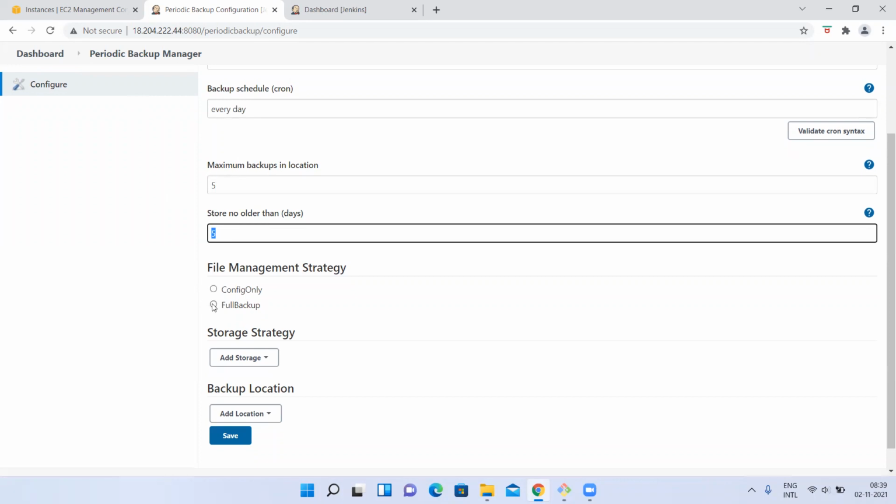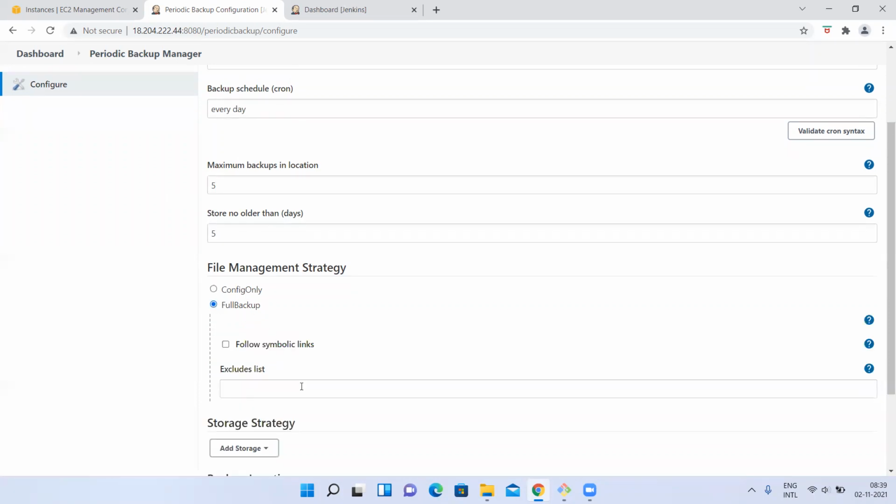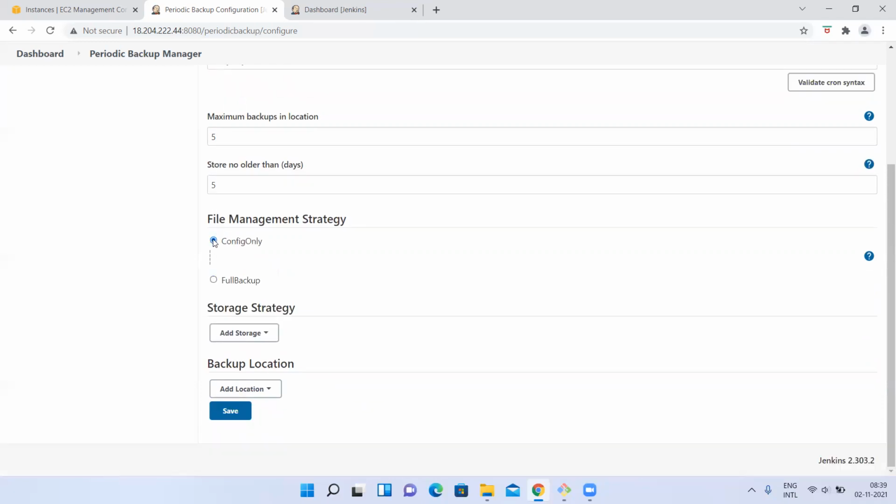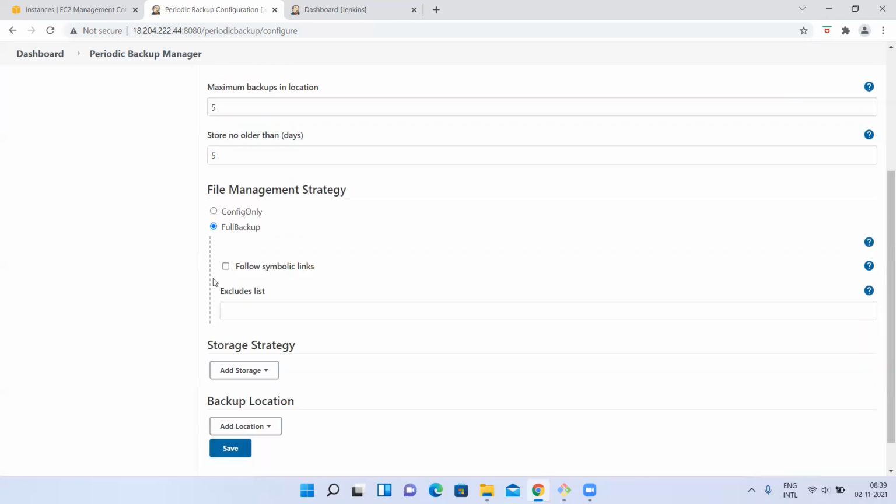So you want to take full backup or config? Okay, I want to take full backup. You select this, and you want to exclude anything here. You want to exclude anything here, means I don't want a few jobs. Okay, you can exclude. Or else you want to create any follow symbol is soft link. We have seen, right? Soft link is also called a symbolic link. If you want to create any soft link for those files from here, yeah, you can do it. Right? I want to take full backup. Yes, take it. Next, you want to take only as per that config file. Okay, you can take that, but normal will take full backup.